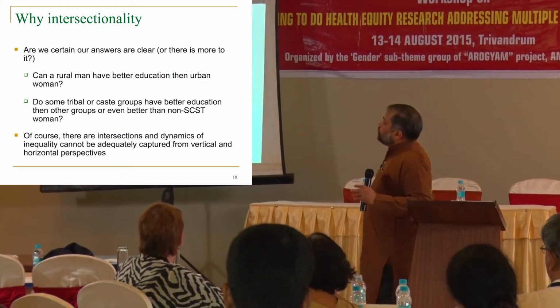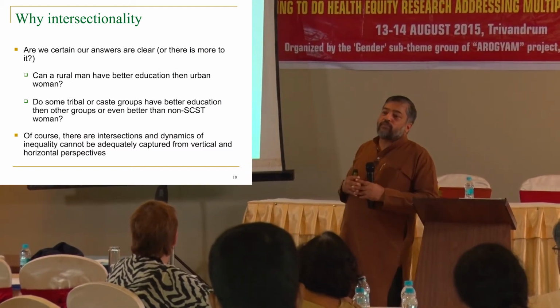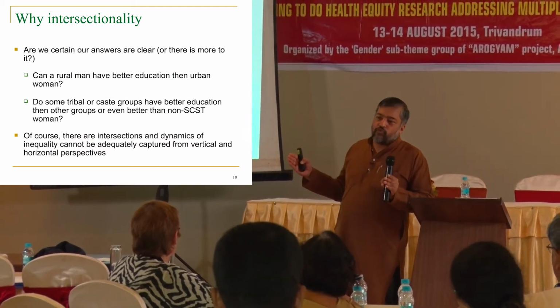The purpose is that it is increasing the variance, good for a statistician to model, but those are not identification by themselves, this is a facilitating factor to give you the Cartesian product. So, there are intersection and dynamics of inequality. It can be adequately captured from a vertical and horizontal perspective, because this horizontal perspective has dominated, because within a group if you compute a vertical measure of inequality you can, provided of the number. You cannot do it for 5 people or 4 people, but you need the number.